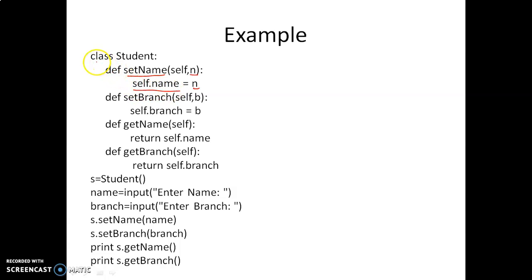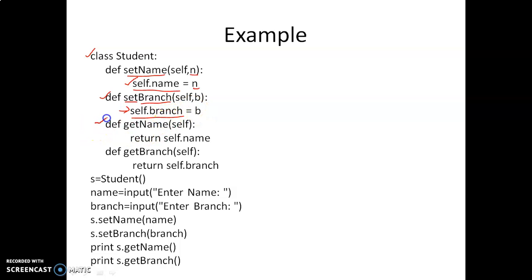If this is the first time you are using the name variable, then it creates the name variable as a public variable and stores the n value into it. And this is the set method for branch: self, b. It creates a public variable branch and assigns the b value to it.